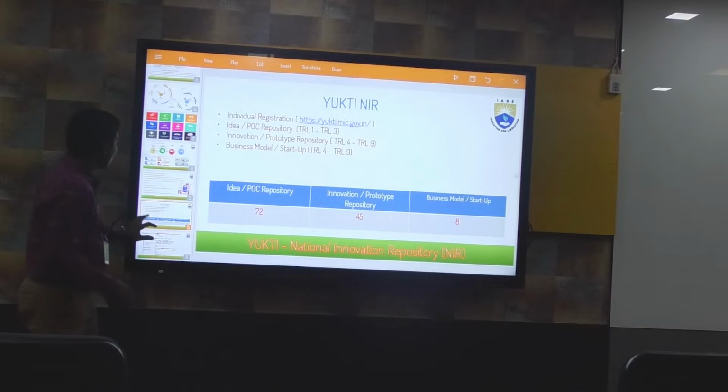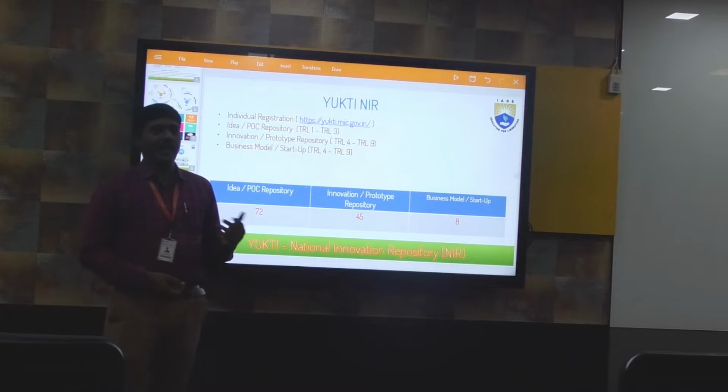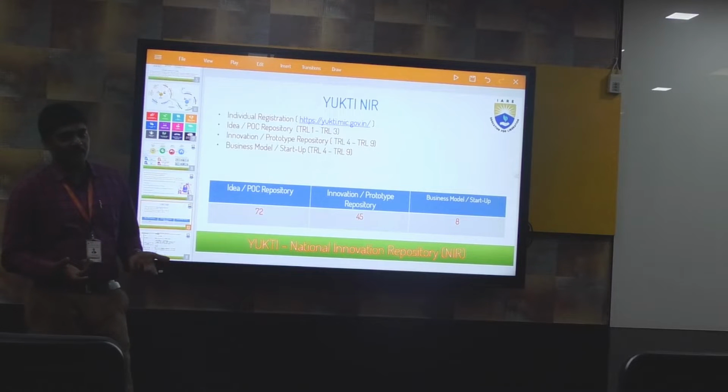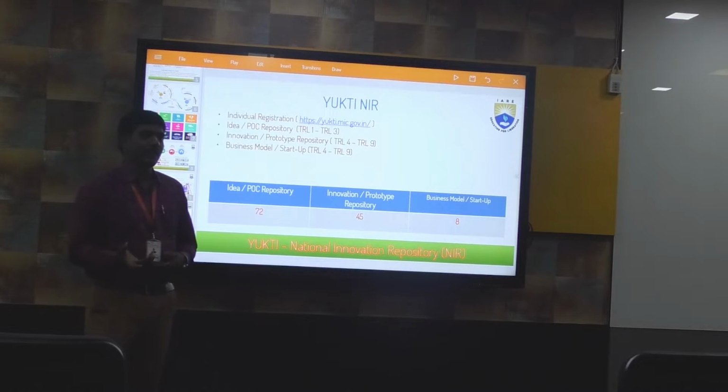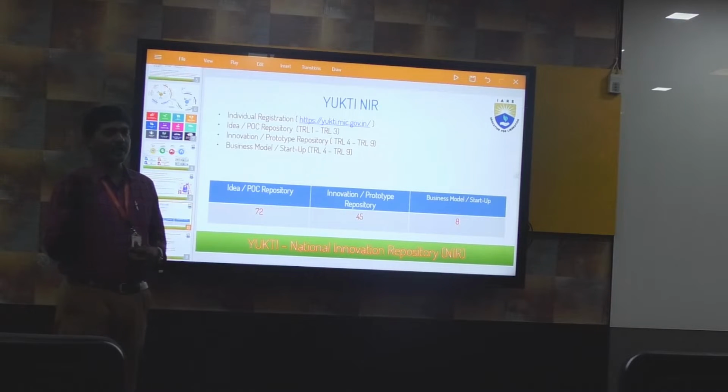So here, these are the basic things that will be there. Who will be a part of this Yukthi NIR? Any individual, it may be a faculty member, alumni, student, or any innovator who has incubated their ideas or startups within any institution. They have to register first at